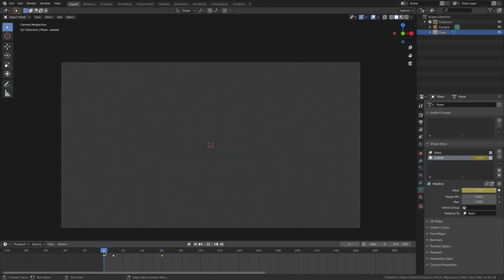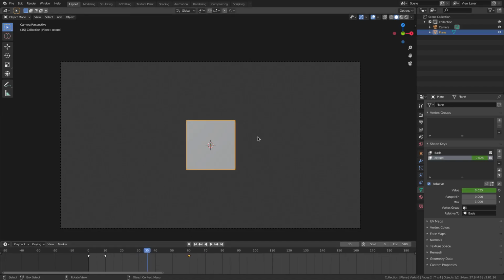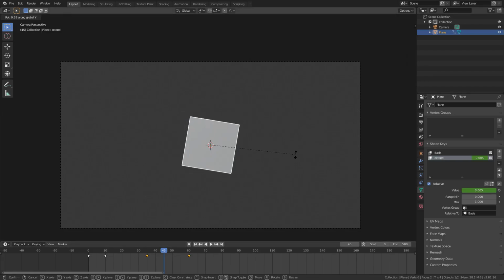So on frame, I think I want to do on frame 35, we'll do that right there. And we'll hit I right there, location, and then on frame 45, so exactly 10 frames later, we'll hit RY 45 on my numpad. Then left click